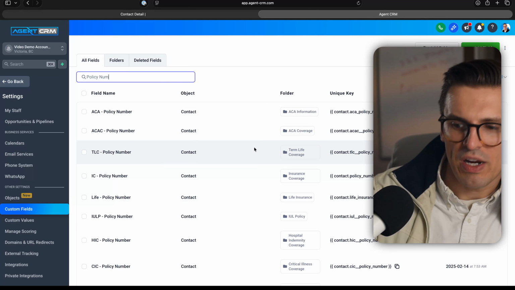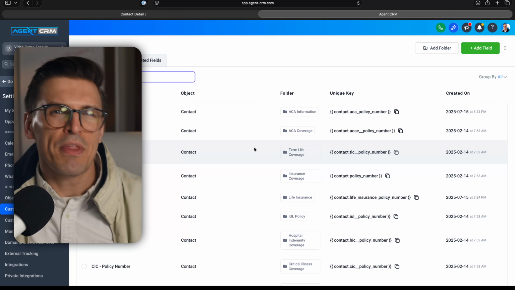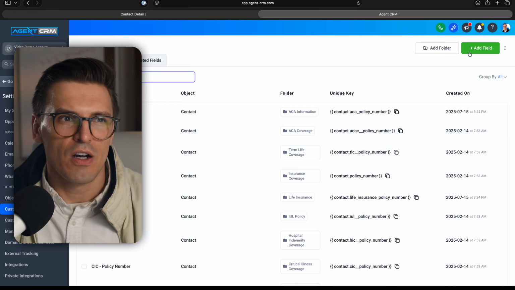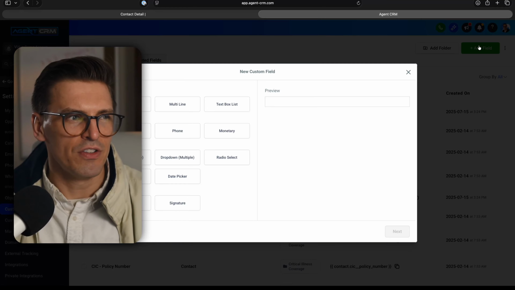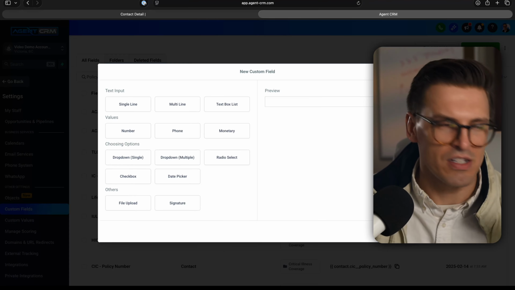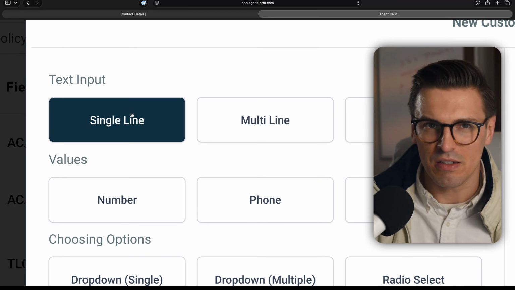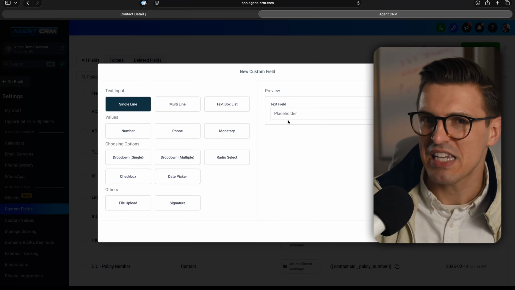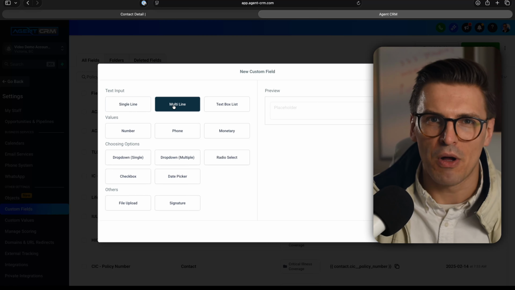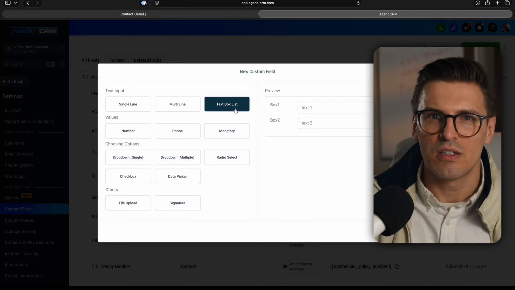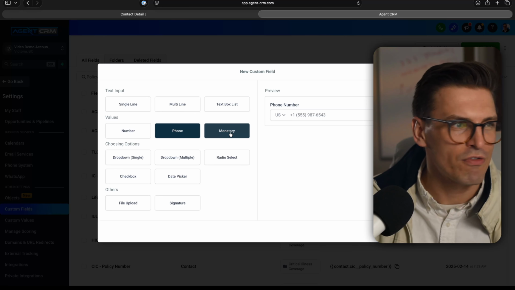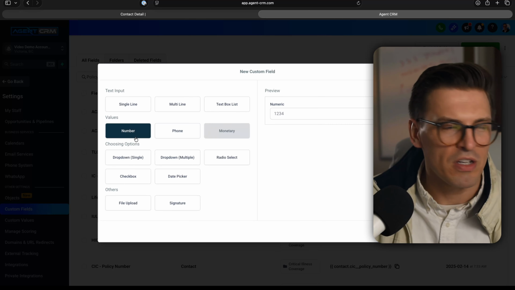All right, let's look at actually creating a new one, because you might discover there's something that I need that Agent CRM hasn't built out of the box. On the top right, we can click Add Field. And you're going to see a couple different types or styles of custom fields. Very basic single line, where you're just collecting text. And if you explore each of these options, multi-line, it's a bit more text. Text box list, so if you want to have multiple text list items, phone number, financial or monetary, just a